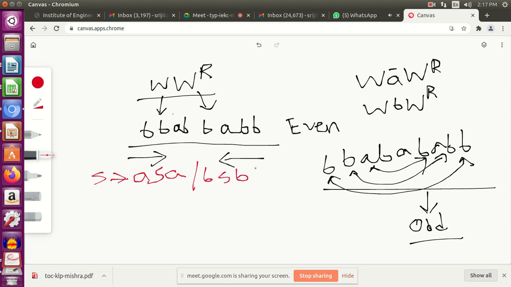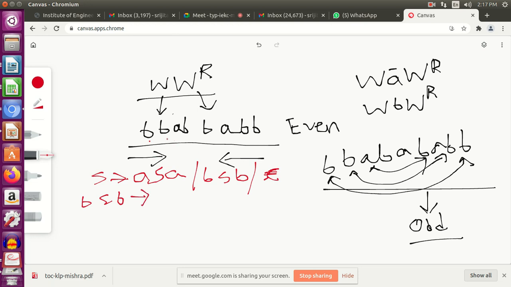Now suppose I need to check whether this, BBABABBB, is a palindrome. So this should be generated using this grammar, and I need to check it out. It starts with B, so I'll take this one, BSB.